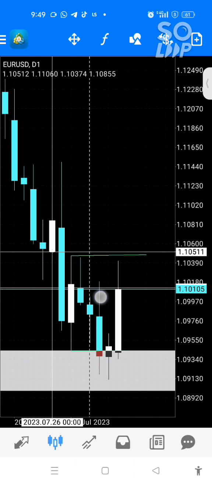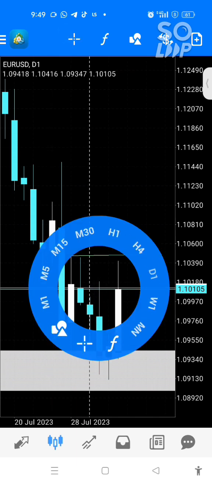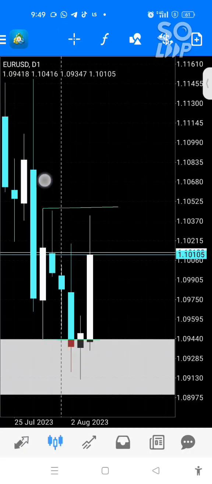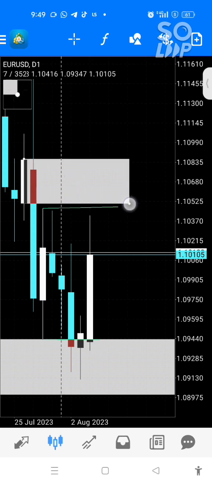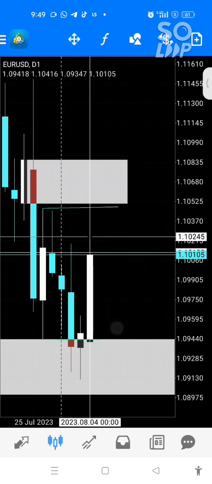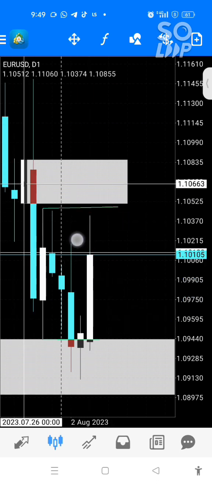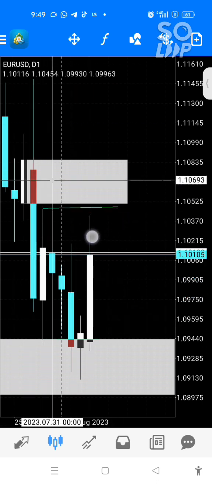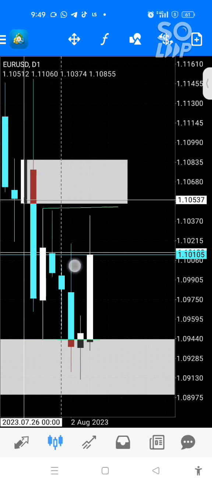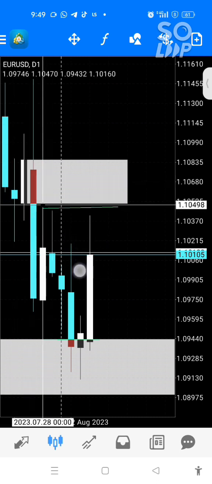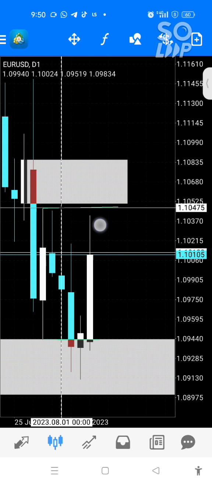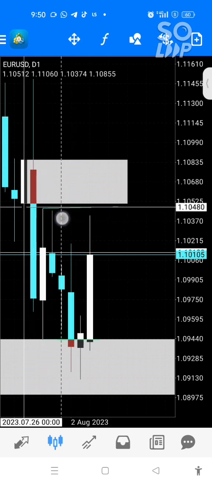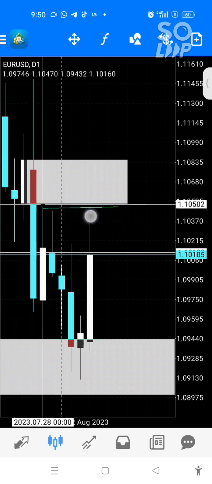This is an order block, right? Let me highlight the order block. When I'm looking at an order block, I'm always looking at the body, not the wick. This open here and the 50% of the order block, that's the mean threshold of the order block. The body, the open. This is the open of a bullish candle. So this is my order block. That's where I plug, because I already have this green line here. That's why I'm not using a green line here. So this is my order block.